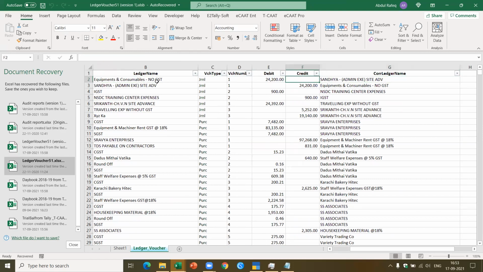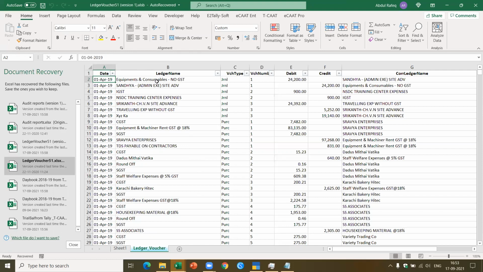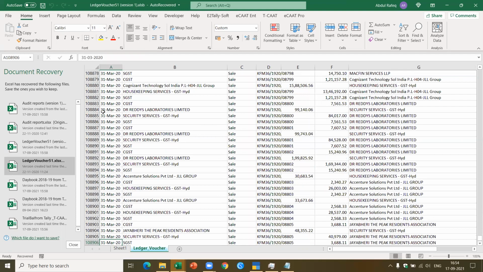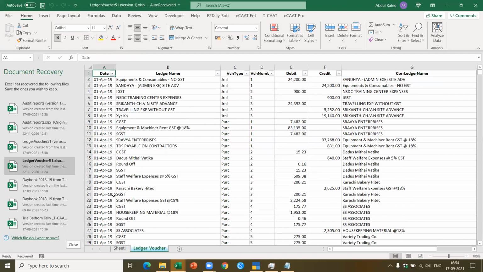For example, let's say you're doing analysis of TDS, you want to know how many times it has been paid and the mode in which it has been paid. For each TDS ledger when you extract, it also shows the corresponding ledger name, whether it has been paid through bank or how it has been paid. Similarly, if you look at rent payment, you can see how rent has been paid. If you look at conveyance, you can see whether it has been paid by cash or bank or passed through journal entry. So you get the complete information. This is the ledger vouchers. In this case, there are more than 10,000 items, and we have been able to extract this in very little time.